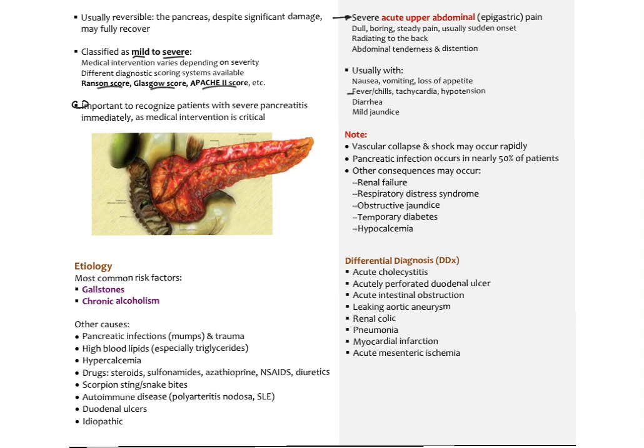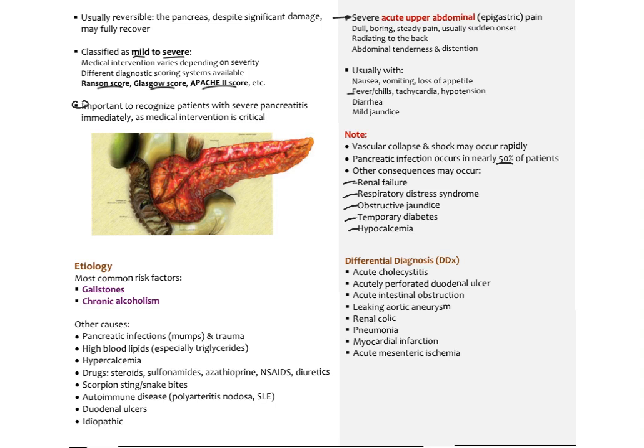The pancreatic infection actually is something that can happen in about half of patients after an episode of acute pancreatitis. They get an infection there, usually from commensal bowel flora. All of this can result in renal failure, in respiratory distress, obstructive jaundice, temporary diabetes because the beta cells go offline, and hypocalcemia because, interestingly, as the pancreas autodigests, the fat in the pancreas actually will precipitate calcium salts from plasma, and that can cause a rapid